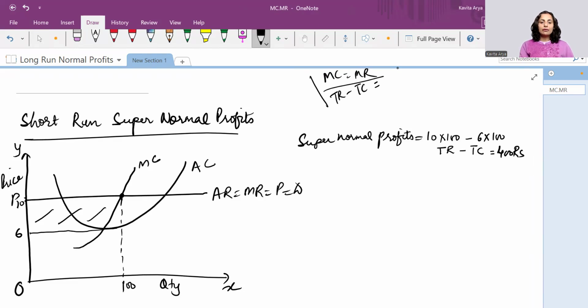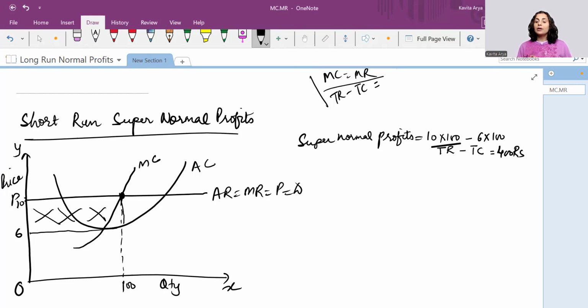So from this very diagram, we understood that the TR means average revenue multiplied by the quantity. So here in this diagram, average revenue is from 0 till this point. It means average revenue is O to P, that is 10, right? So average revenue is 10, but average cost is 6. So total revenue becomes 100 because the quantity is 100, as we found from MC is equal to MR point. So this gap or this box, the shaded area, gives us the total supernormal profits in case of